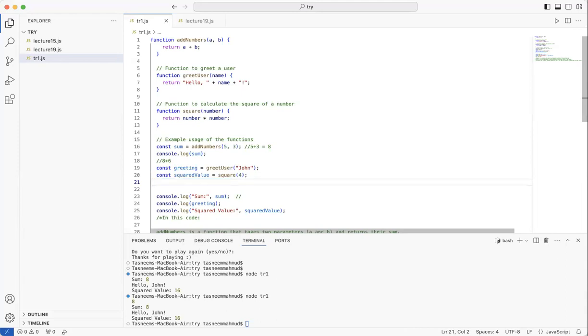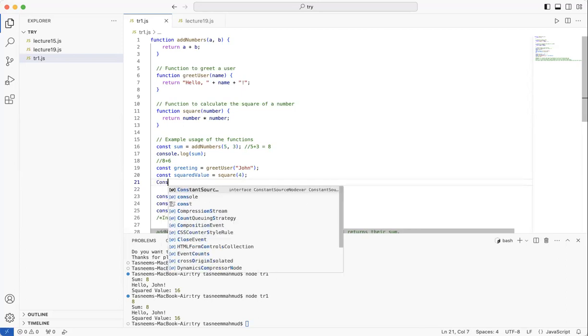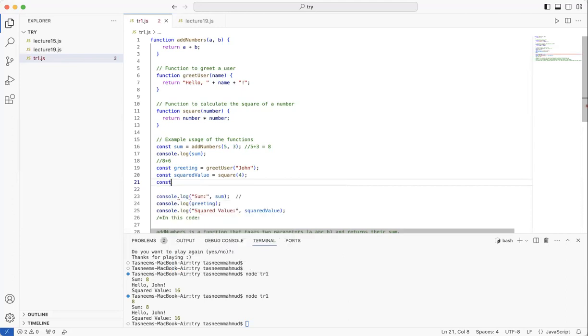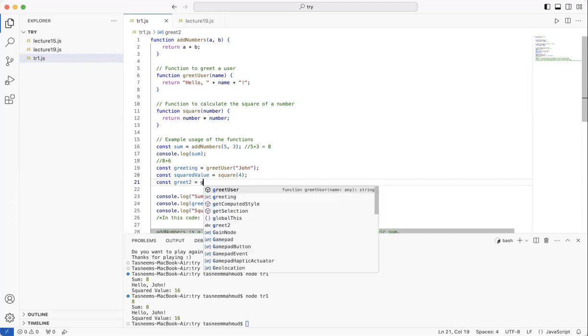Okay, so let me change this. Let me, for example, write down const greet2 equals to. Okay, so now what I do, I just send in the name, which is greet user.